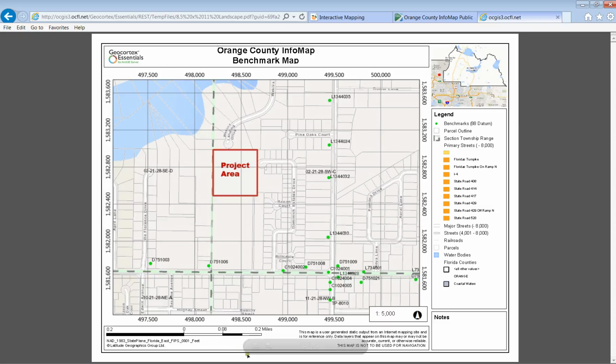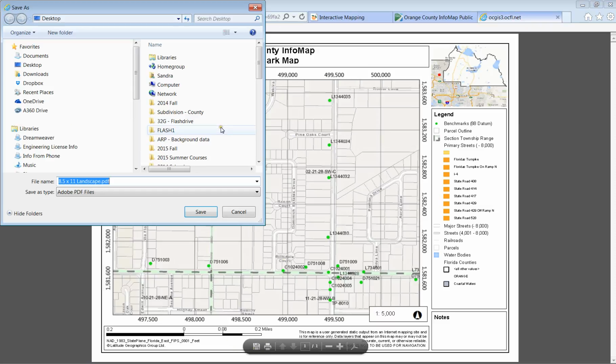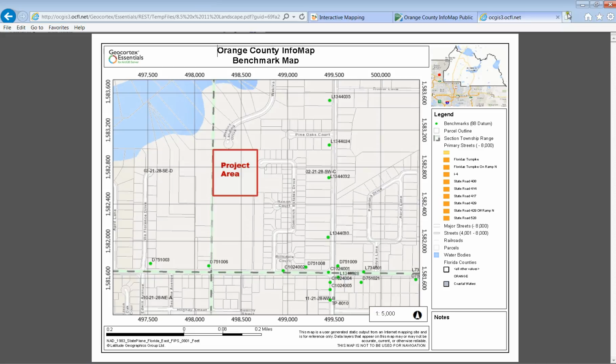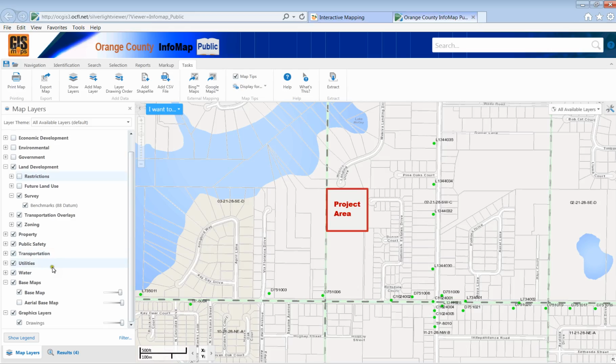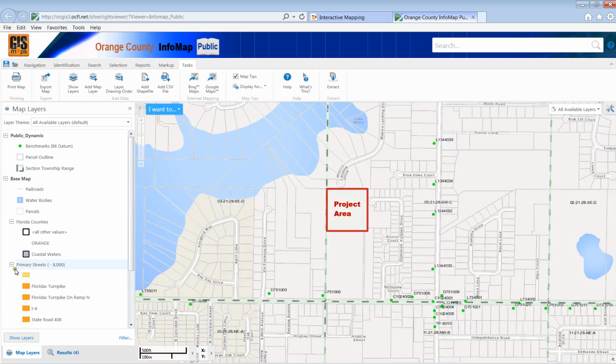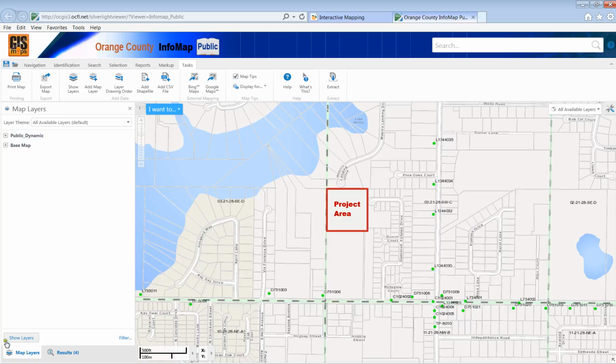So I'm going to save this and call it Survey Benchmark Data for Project. Go ahead and close that one out. All right, and